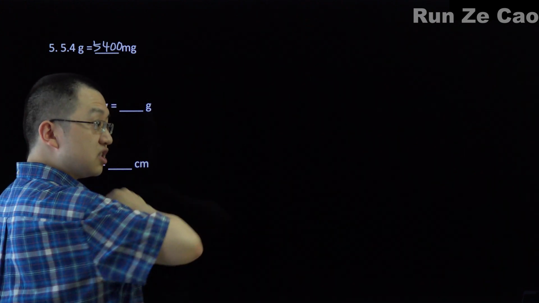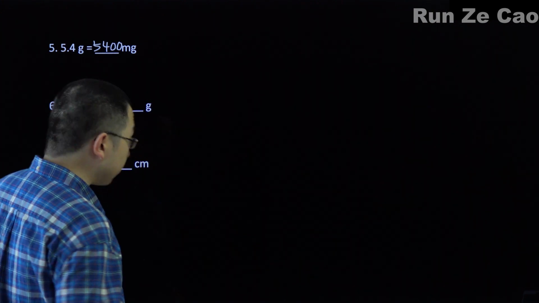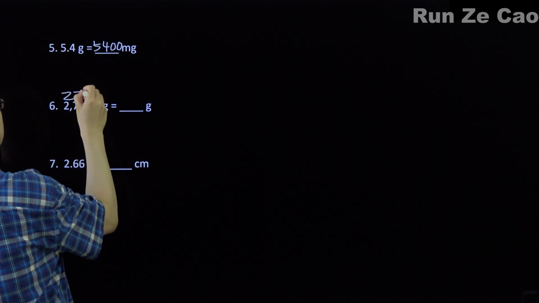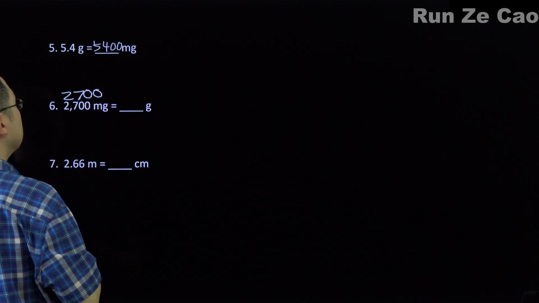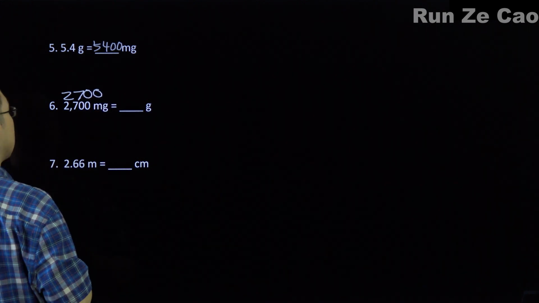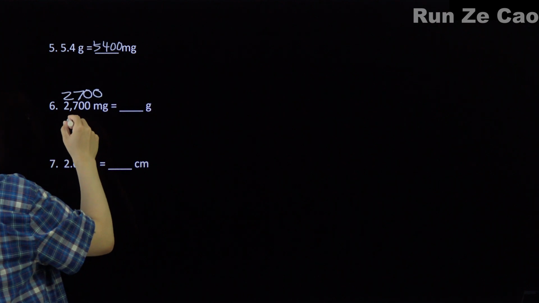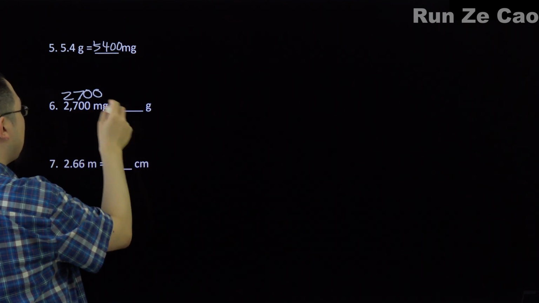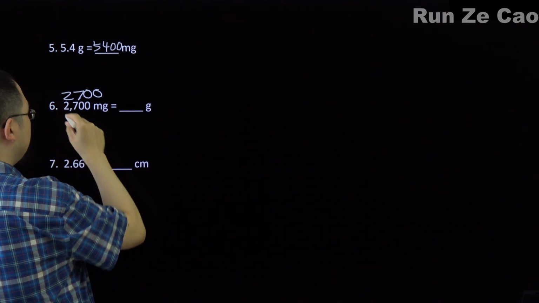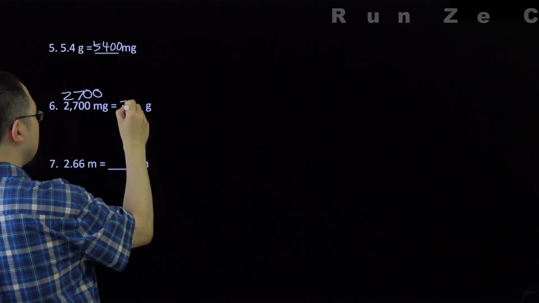This is not one of those places. So this is 2,700, not 2.700, okay? 1,000 milligrams is a gram, so we have to divide by 1,000 to convert,